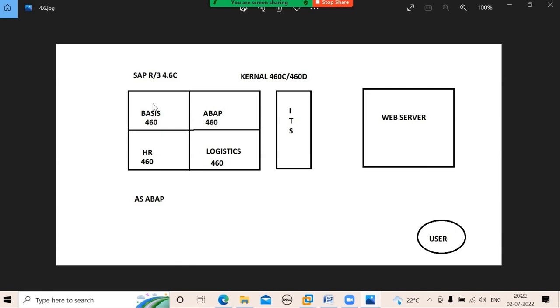What is the duty of Basis people? Administration. Okay. What is the duty of ABAP people? Development.